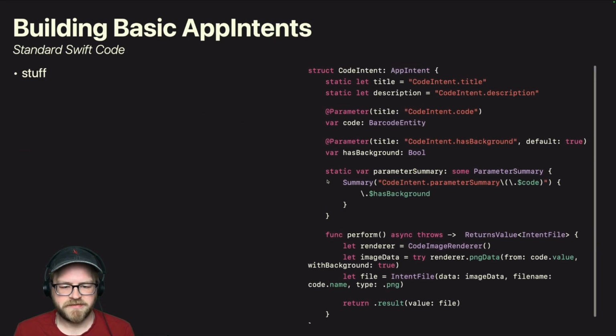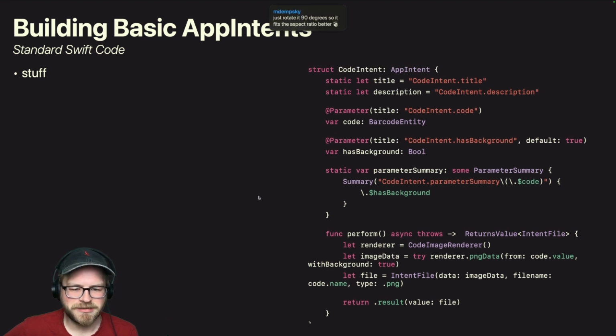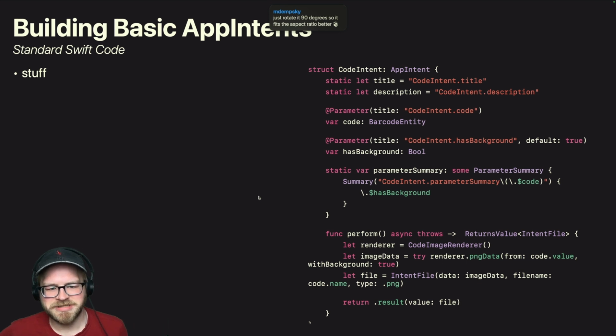Okay, is that close enough? That might be close enough. People aren't going to be too worried about the fact that my last curly brace is a little clipped. Just rotate it 90 degrees so it fits the aspect ratio better.